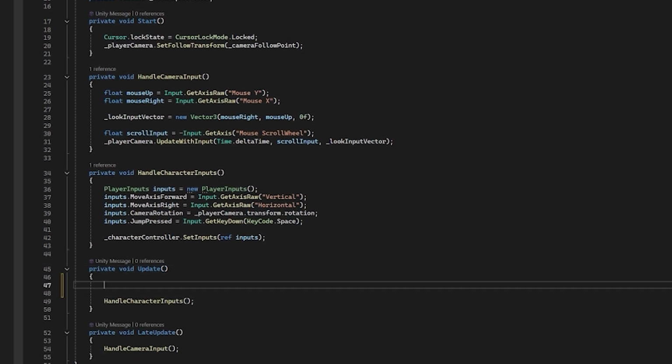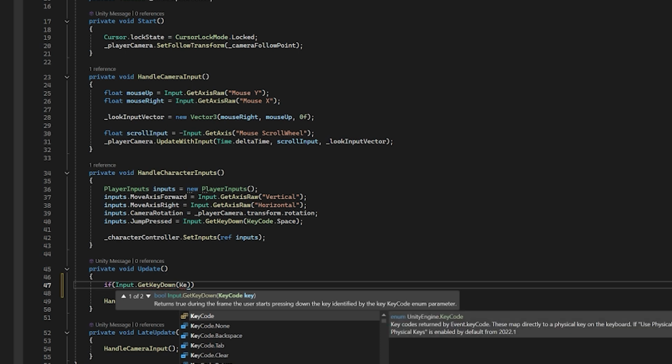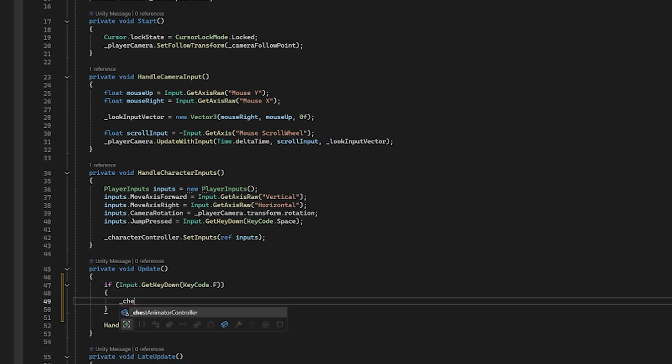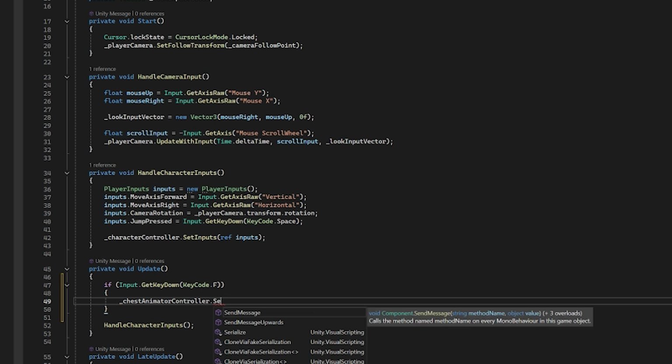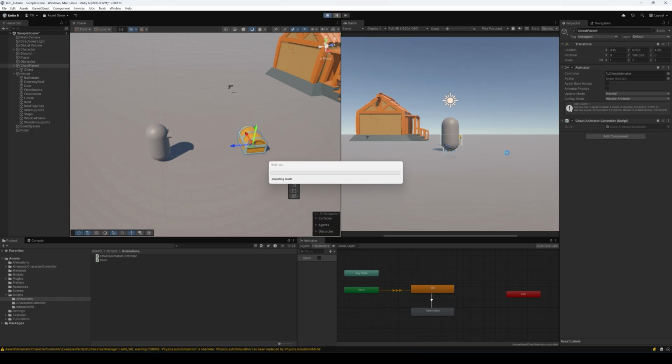So in here, I'm just going to say if input dot get key down, and I'm going to say key code dot f, then I'm going to call chest animator controller dot open chest. So now when the player presses the F key, it's going to call the chest animator controller and set that variable in our animator. So if we start our game,